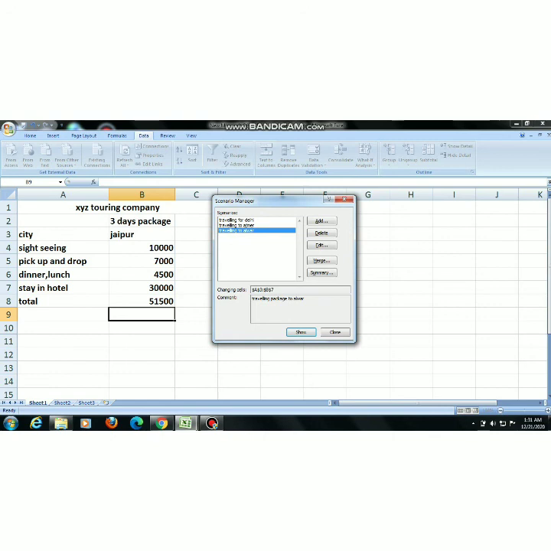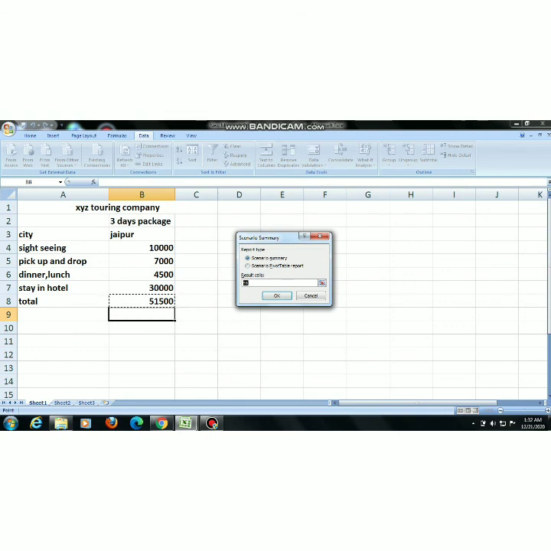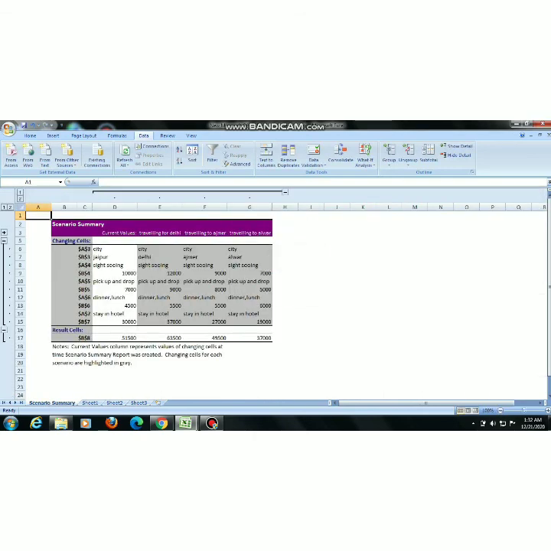Now you will click on this summary option. When you click summary, this window appears. Here is scenario summary, result, in result cell you will select this particular cell. Children, you will check the address change to this. Now click OK. By this, you will check that this is the summary. Basically we use scenario for doing comparison. Now in your budget you will check all the values are there, you will do the comparison easily.